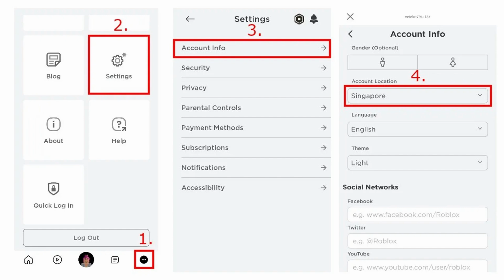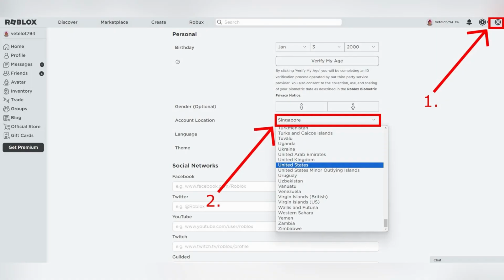Navigate to Settings, then Account Info, then Personal. Find the Account Location section, then tap on the drop-down box. Select the new country you want to switch to, then scroll down and tap Save to confirm and apply the changes. Just a tip, make sure all your personal details match the new country settings to avoid issues with payments